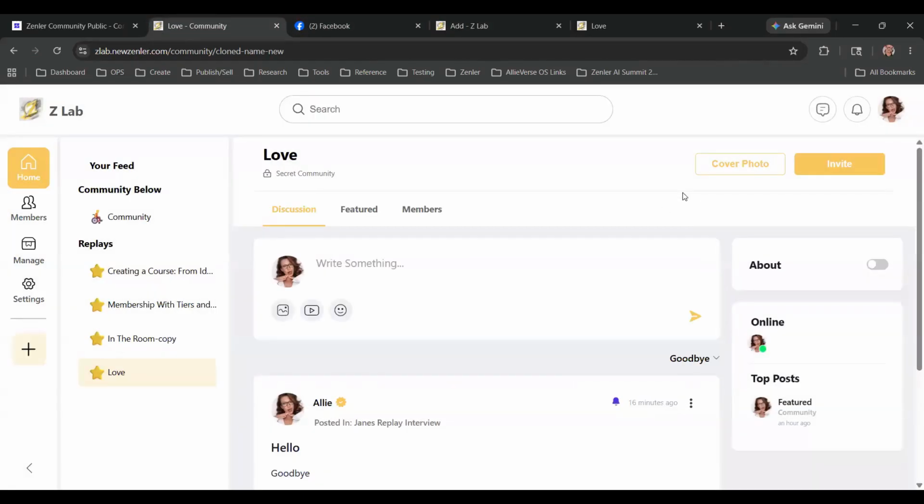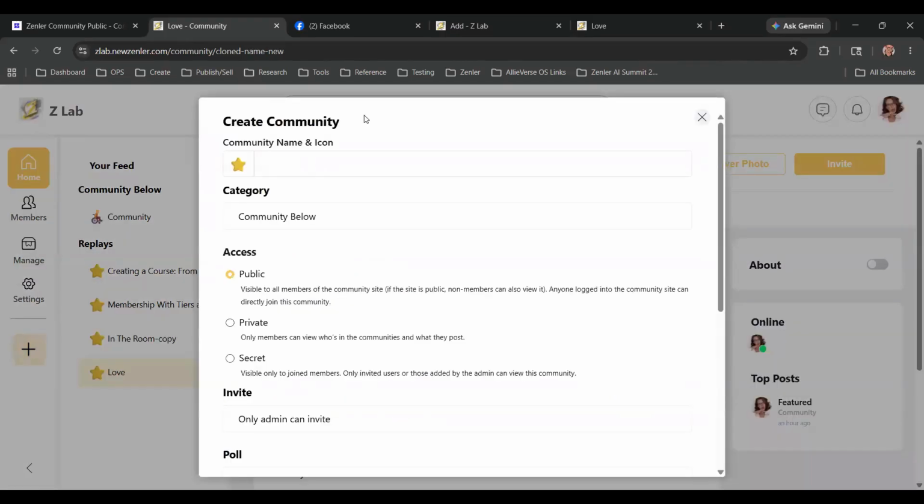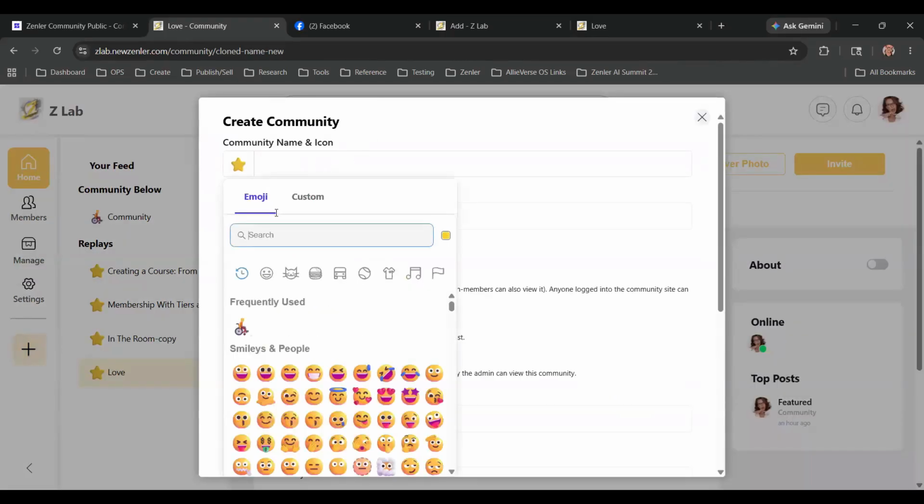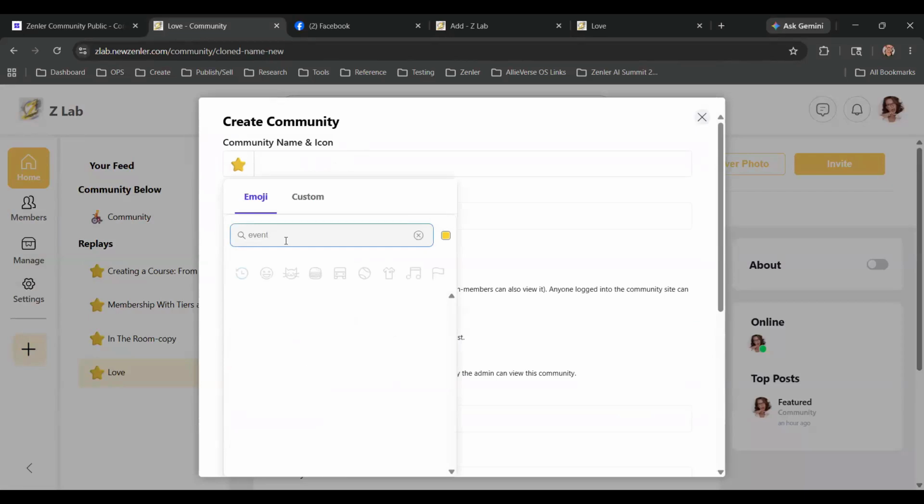Now, if you're not using discussions, which you're not, you have that removed. What you do instead is you come in here, right? And you add a community and I don't know, how about party?